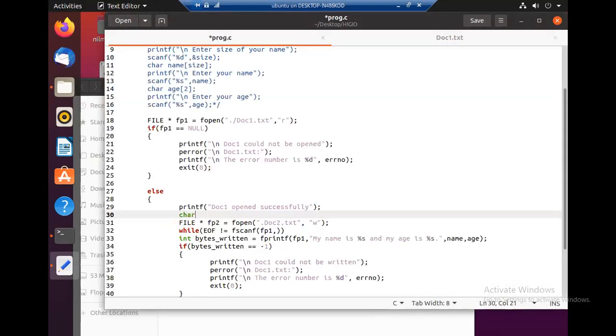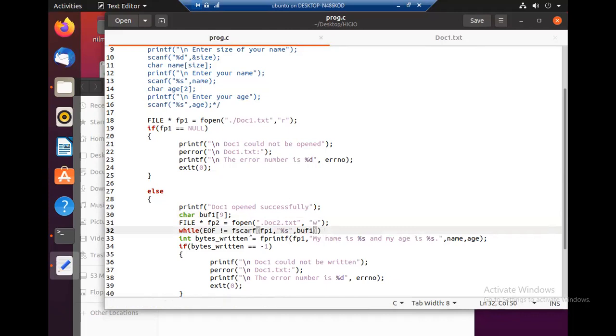So I will just create a buffer known as buffer1 of size 9, and I will scan word by word into this buffer. So we have to pass the format. Format is %s, that is for string, and the pointer to the string is buffer1.